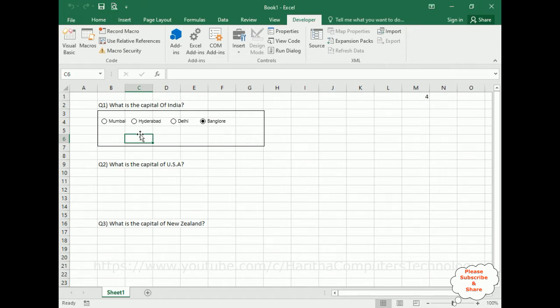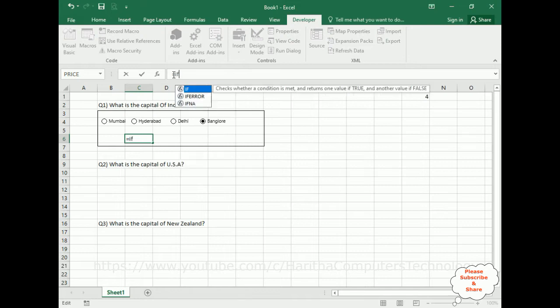Selected value here to display the selected value. So the formula is equals to IF condition. I am adding this IF condition in the C6 cell. The logical test is M1, which is a reference link. M1 contains all these radio option button values here. If M1 is equals to 1, which is Mumbai, comma, "Mumbai",